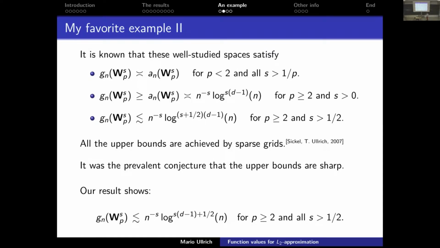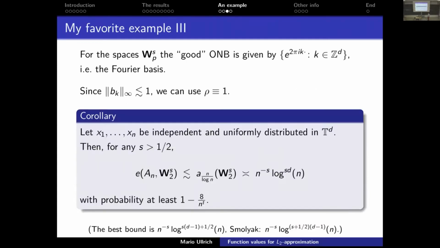So the sampling numbers are now upper bounded by, again, the same polynomial order, clear. Then there is the s to the d minus 1, which comes from the approximation numbers. We cannot do better than that. And then there is the additional square root of log n, I was already telling you, right? Okay. So this is now the upper bound we know.